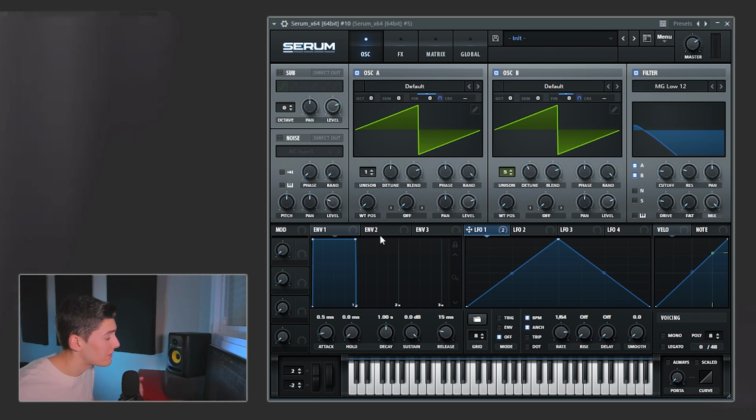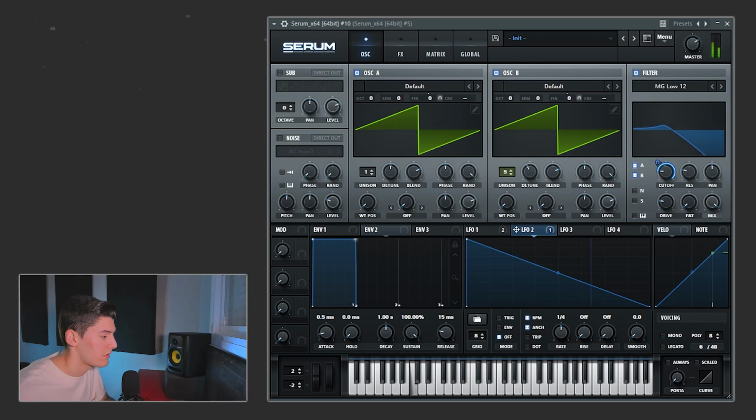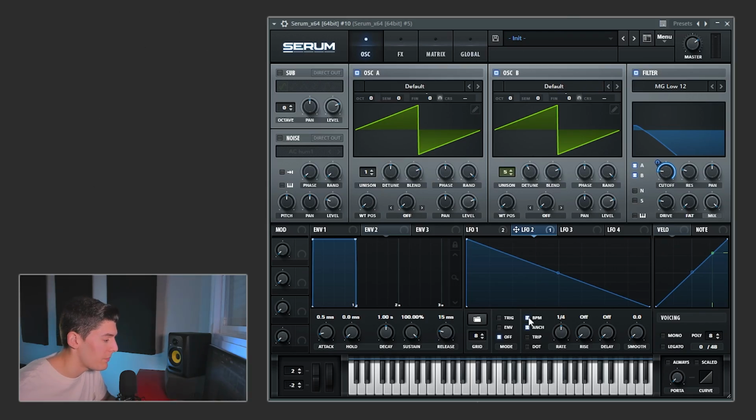So we're gonna control it, but not with an envelope. This time we're gonna use an LFO. We're gonna send this here, just leave it like this, and what we're gonna do is do this. Now as you can see, we open the filter but in a loop. With an envelope it will be just one time, but with an LFO you're looping it. So now what we're gonna do is take out the BPM, and as you can see now,